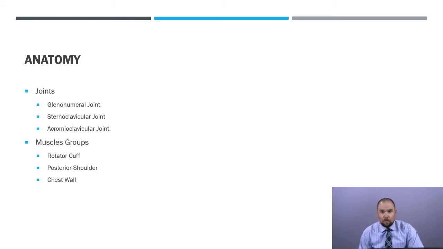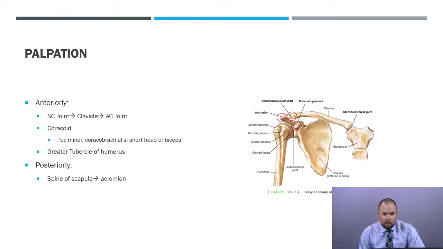You're going to have the main shoulder joint, or the glenohumeral joint, and also the sternoclavicular and the acromioclavicular joints in the shoulder group. Muscle groups, we talk about the rotator cuff, the posterior shoulder wall, as well as the chest wall, which have some overlying muscles as well that we can see some injuries with. So again, for my palpatory exam, I start from the sternoclavicular joint, move down the clavicle, and go